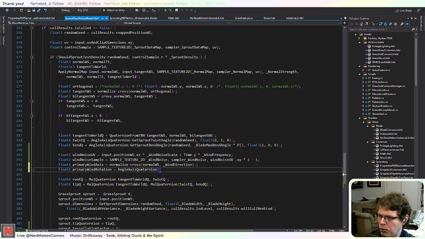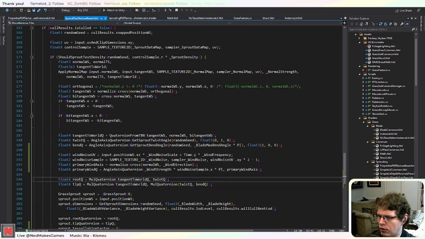The angle would be something like wind strength times wind noise sample dot x times pi, and then okay,